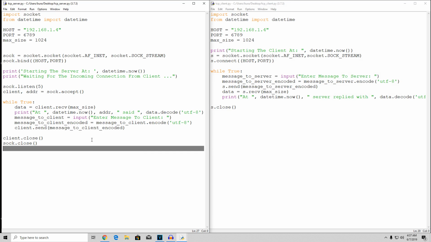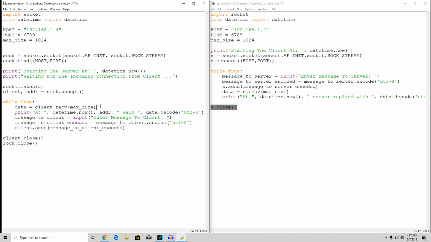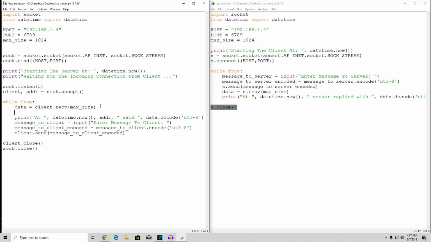In order to close the programs correctly, we can simply write an if statement that is going to check for a specific message which will indicate the closing of the connection. If a certain message is equal to, for example, exit, we will exit this while True loop, leading us to these two executions which will close the socket and close the connection. So right here, after we receive the data, we'll check